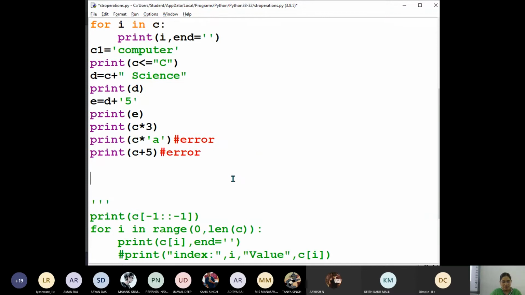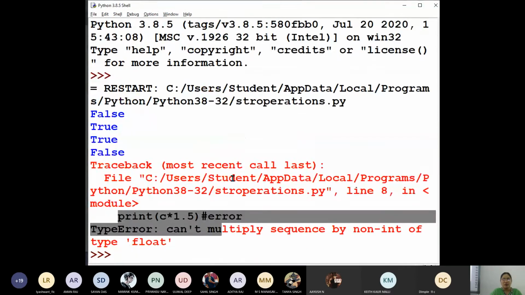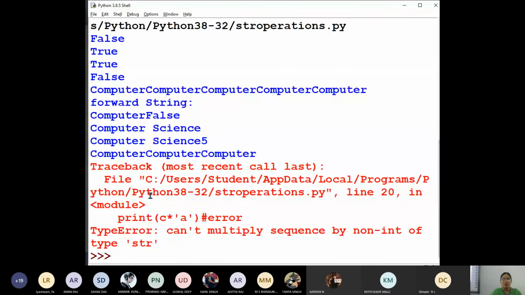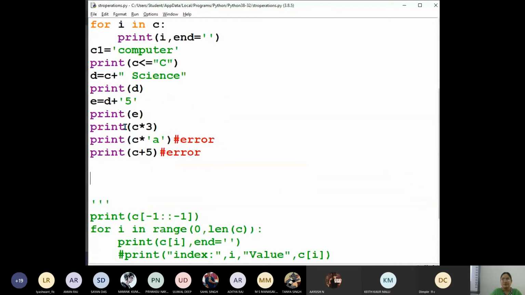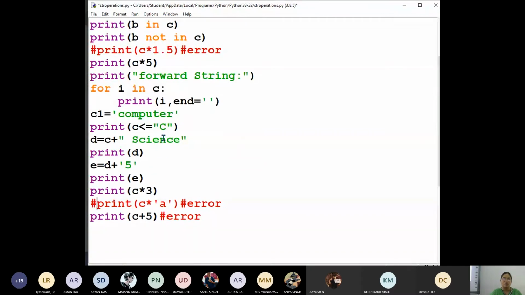So in the output, when you are executing, you can see without error it will proceed to the next line. Here it is an error. Instead of deleting it, to make you understand that statement also, I just want you to note it down in your notebook. For that reason, I'll keep it.